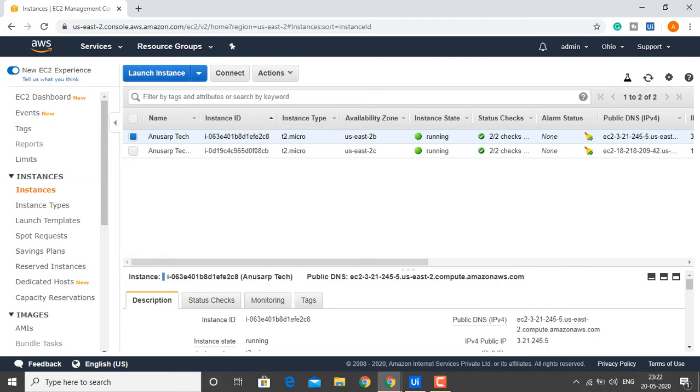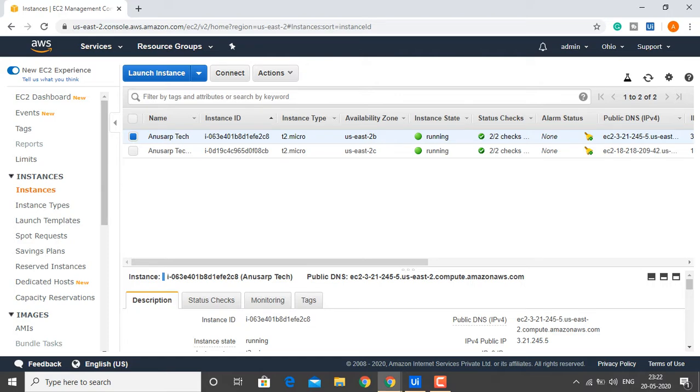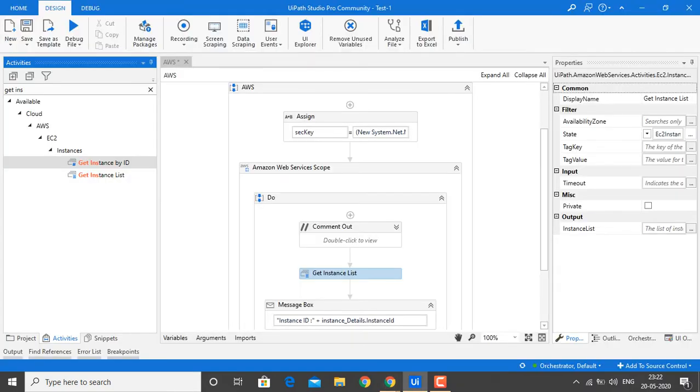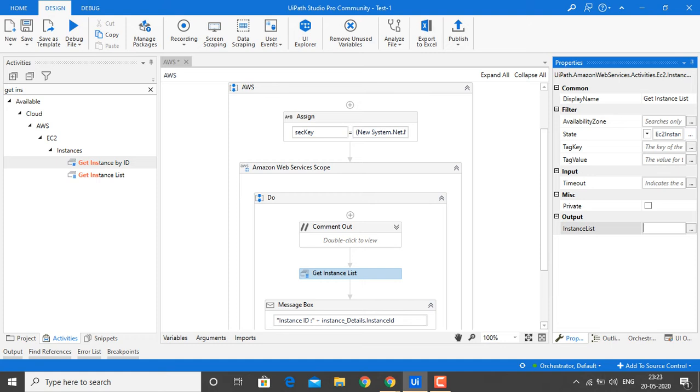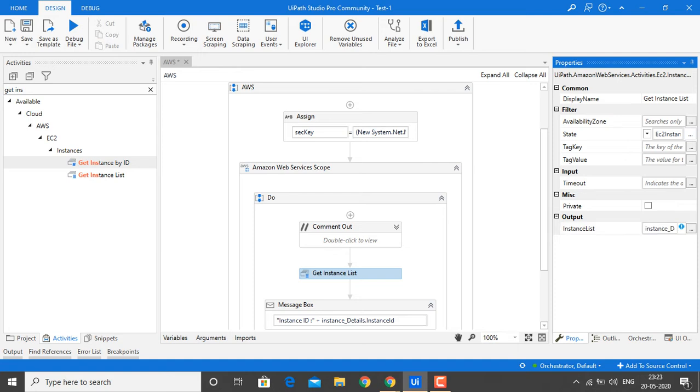If you know this one, you can get the instance by ID using this activity, or else you can use the activity Get Instance List. Using this activity you will get the list of all the instances available in your account. I am taking it as instance details. I have created a variable for this one.